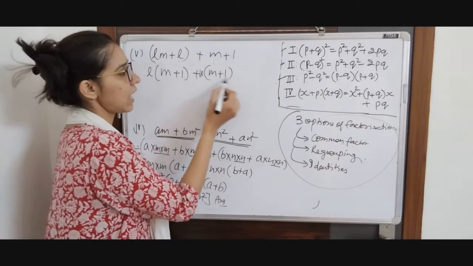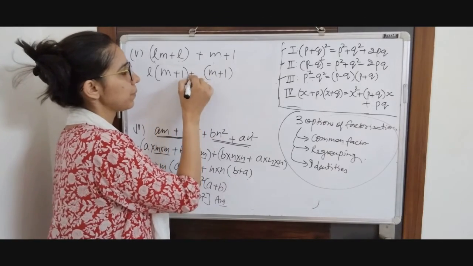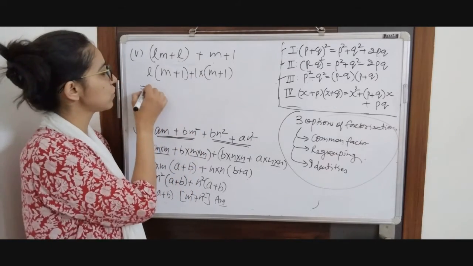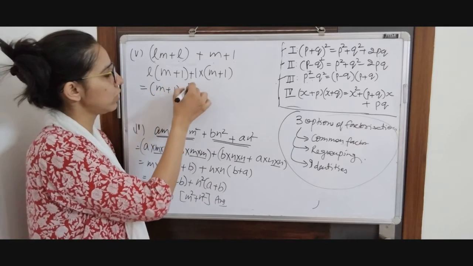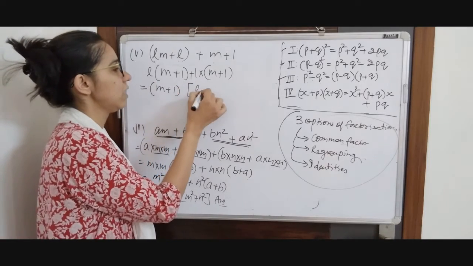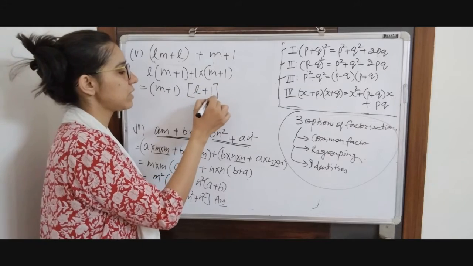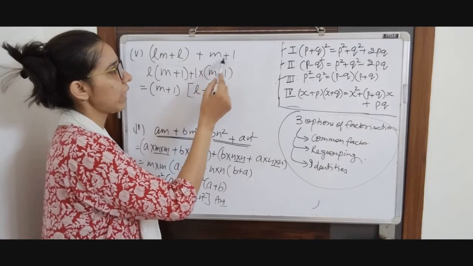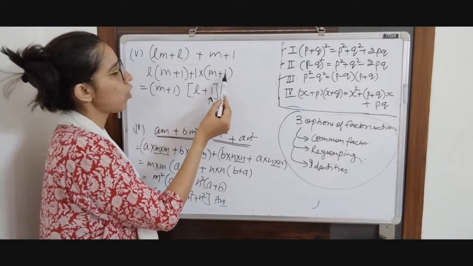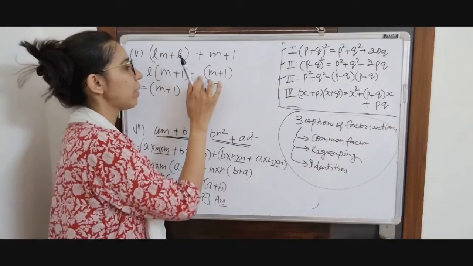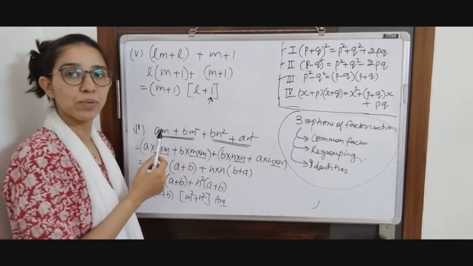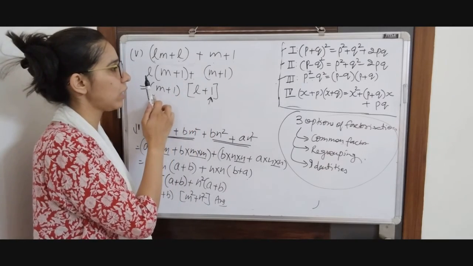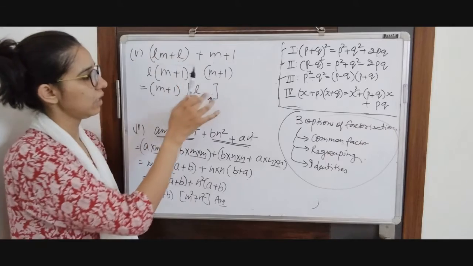I can write this as 1 into (m plus 1) because 1 is a factor of every term. So this is going to be m plus 1 common from both the terms, and inside I am left with l plus 1, okay. This mistake happens a lot. What some students do, you will write it as m plus 1, okay, and you will take common m plus 1. After that you won't remember that 1 is a factor of this number, so you can write this number as 1 into this, and when you take m plus 1 common, you will write just l.